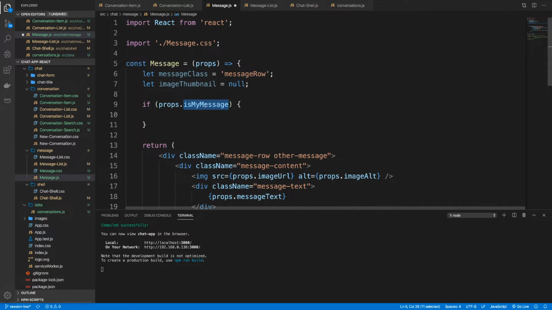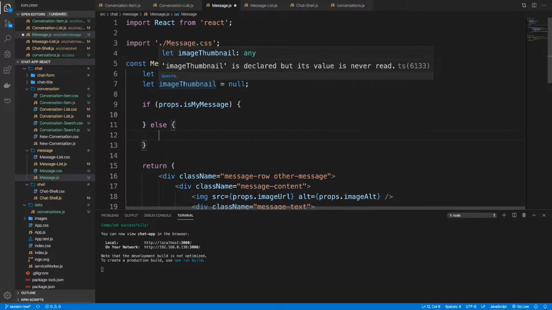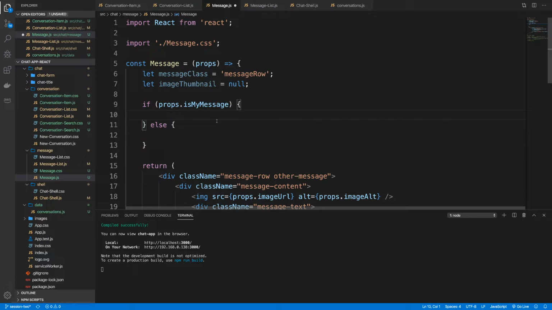And so if it's not my message, let's make it if it's, I'm just trying to think. I'm going to have an if else anyway, so it doesn't really matter which way I do it. So if props.is my message, then I don't have to touch the image thumbnail. However, message class will plus equal, let a space,